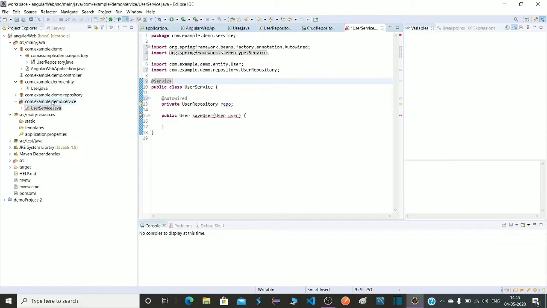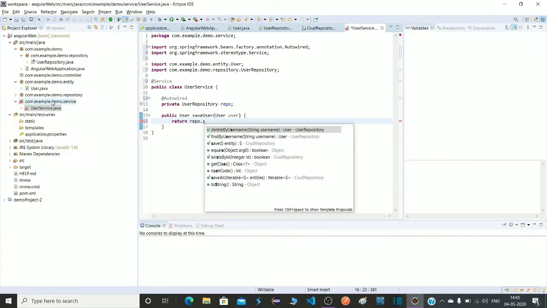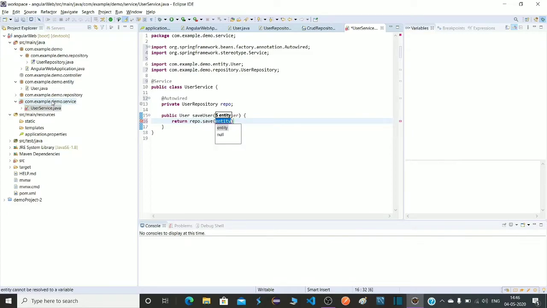It will tell Spring Boot this is our service class. And here we will return repo dot, the same method we have to call, and pass here user, semicolon, and save it.